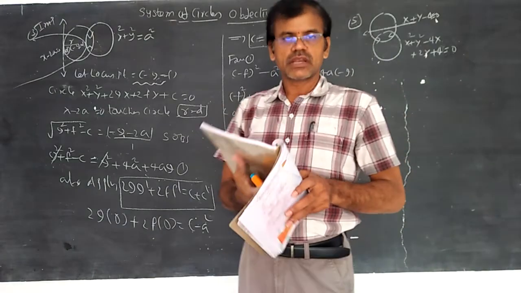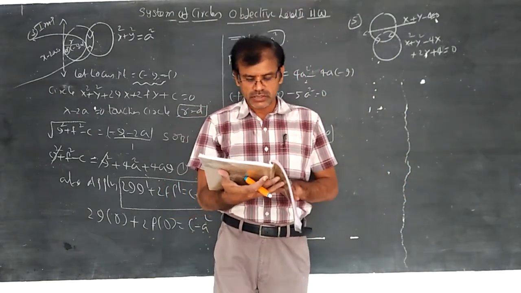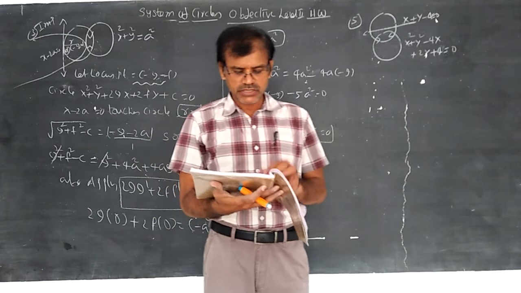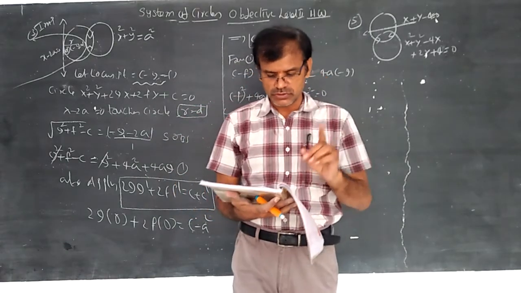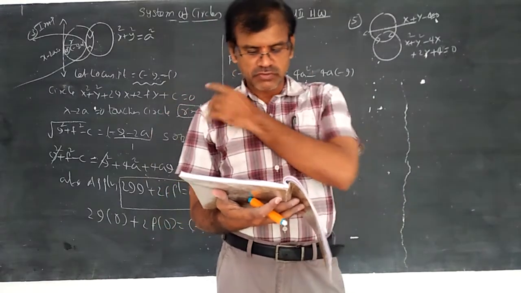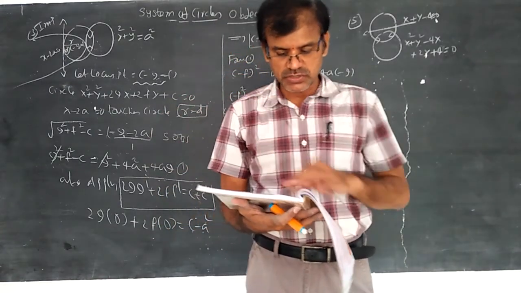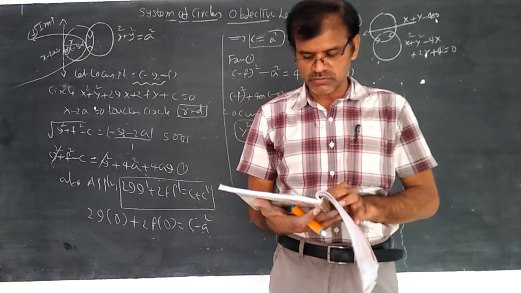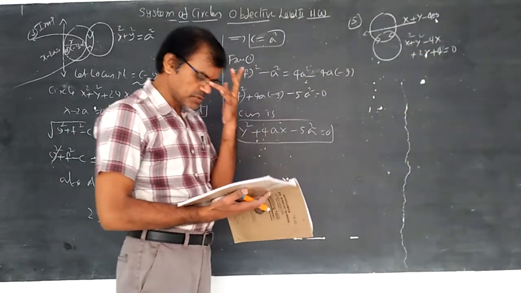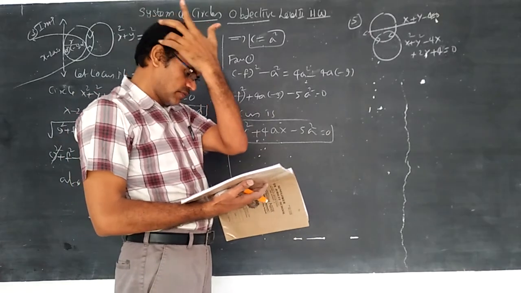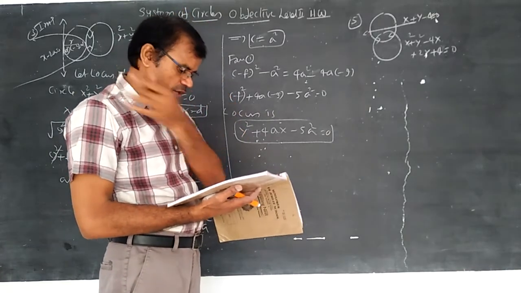Whenever the center lies on the line x plus y is equal to 4, we can verify the options. First option 2 comma 2: 2 plus 2 minus 4 equal to 0, it is okay. Second option 1 comma 3, it is also okay. Third option 3 comma 1, it is also okay. Fourth option minus 2 comma 6, it is also okay. So there is no use verifying the options this way. So we apply the orthogonal condition.